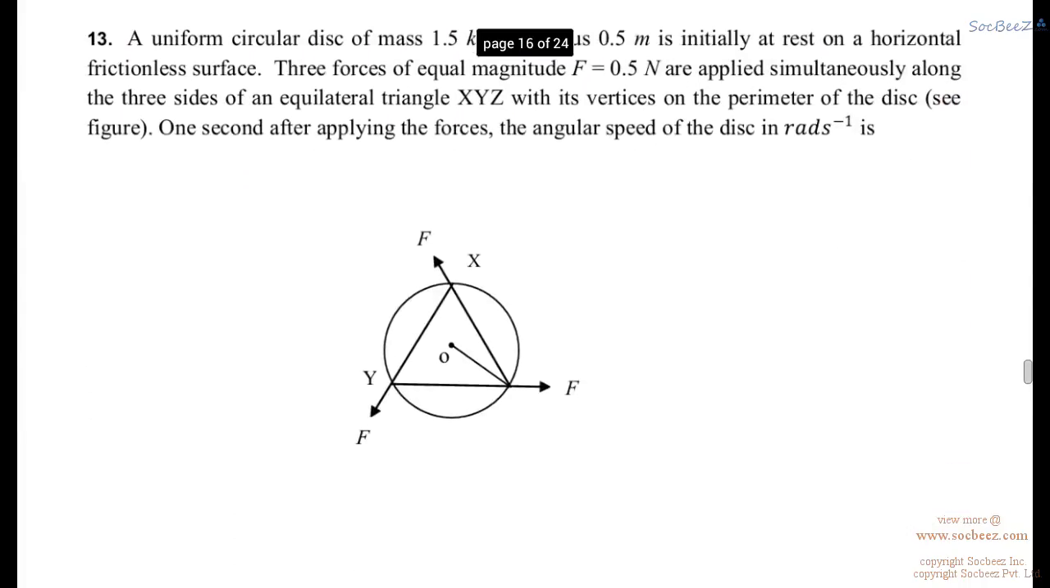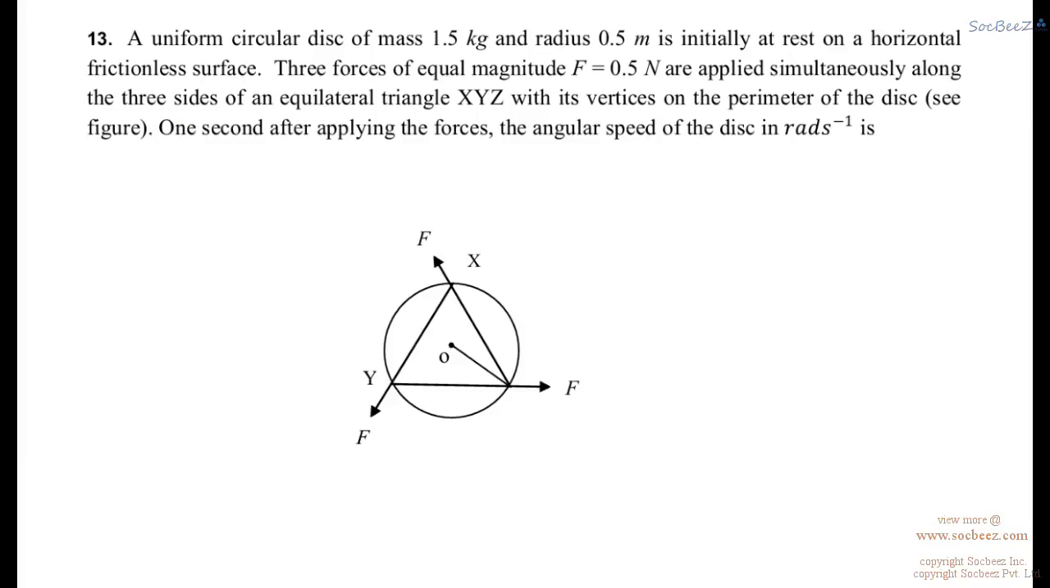Okay, so now let's see another question. Question says, a uniform circular disc of mass 1.5 kg and radius 0.5 meter is initially at rest on a horizontal frictionless surface. Three forces of equal magnitude F equals 0.5 Newton are applied simultaneously along the three sides of an equilateral triangle XYZ with its vertices on the perimeter of the disk. The angular speed of the disk in radian per second after 1 second of applying the forces is, well, here